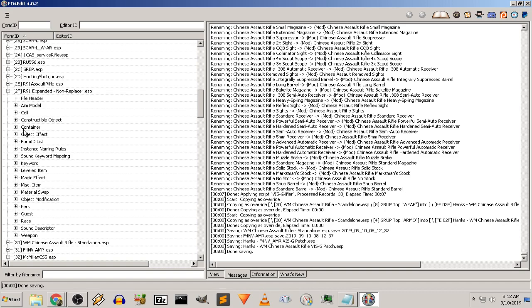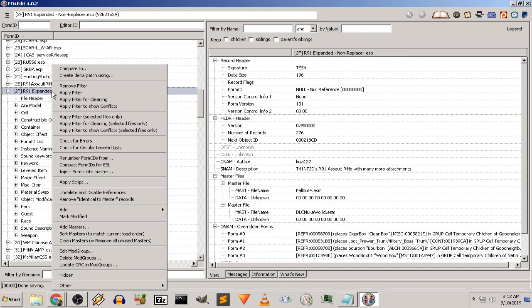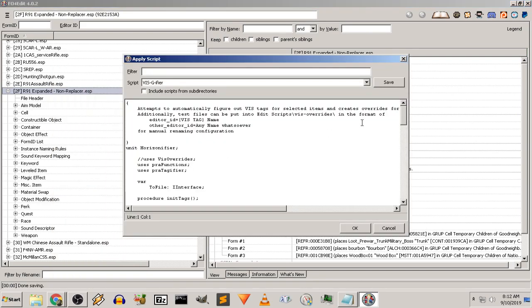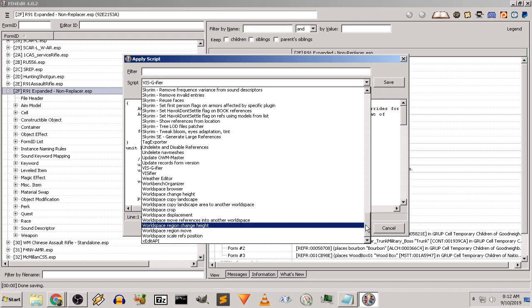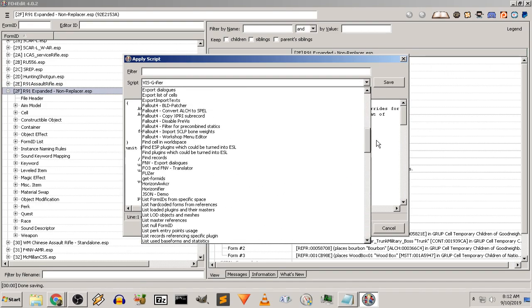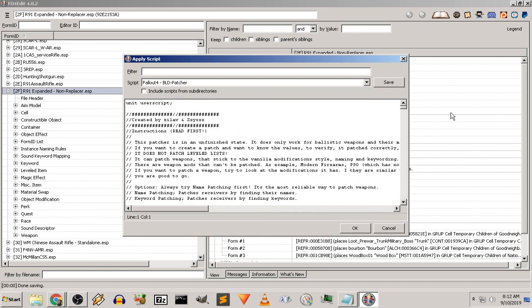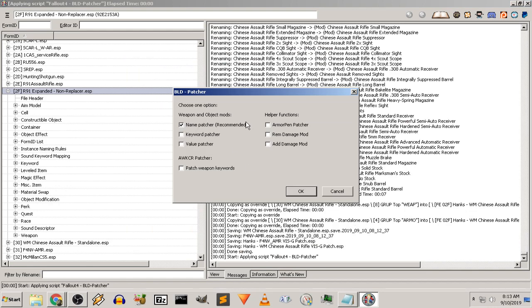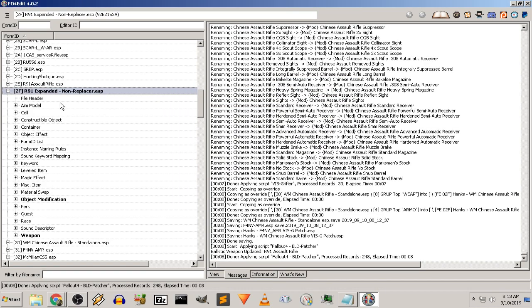All right. For this one, I actually need to run my better locational damage script. The newest one is Fallout 4 BLD Patcher, the most recent one by Zylab. Just keep it with the name Patcher, and I wouldn't mess with any of this other stuff. There's no need to. And that's going to go through the full